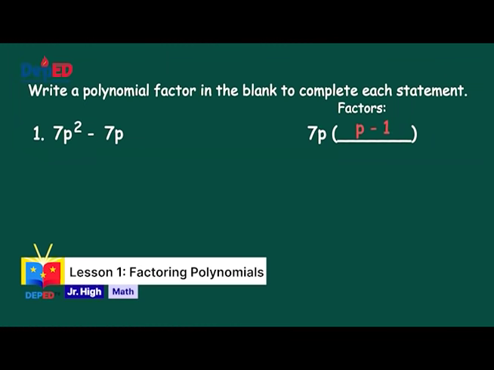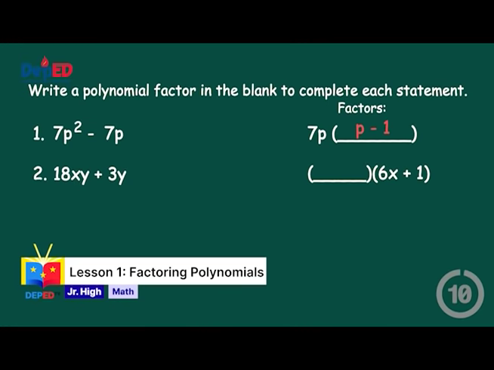The answer is p minus 1. Number 2, 18xy plus 3y is equal to blank times the quantity of 6x plus 1. The polynomial 18xy plus 3y can be written as the product 3y times the binomial 6x plus 1. Number 3,